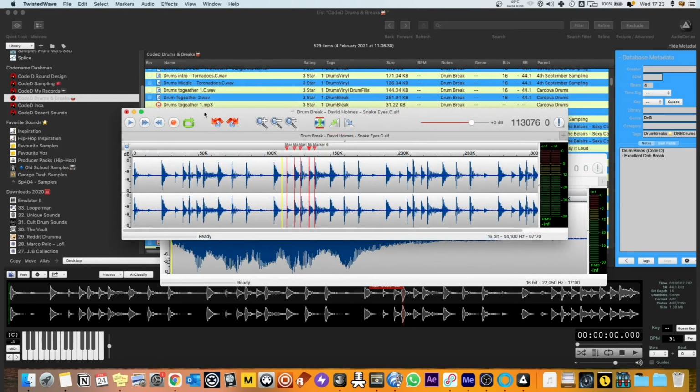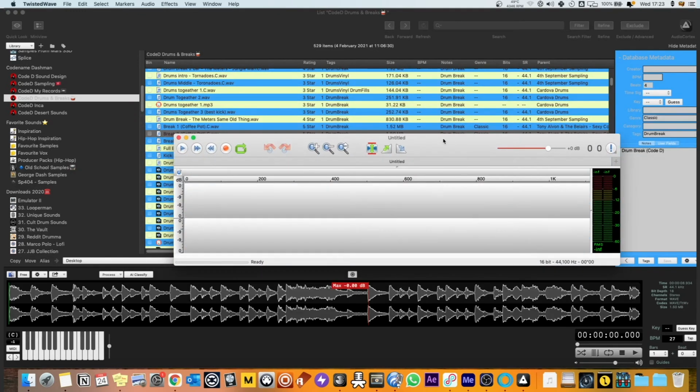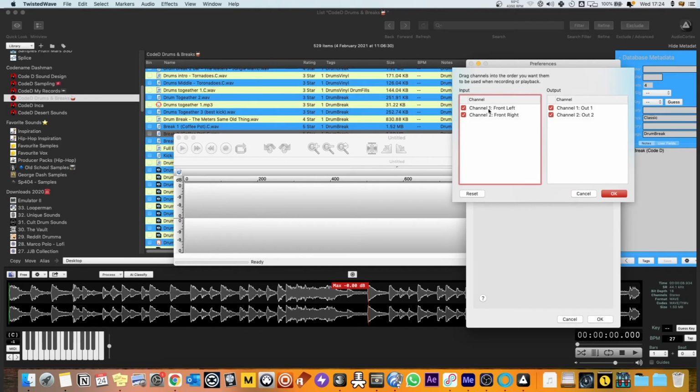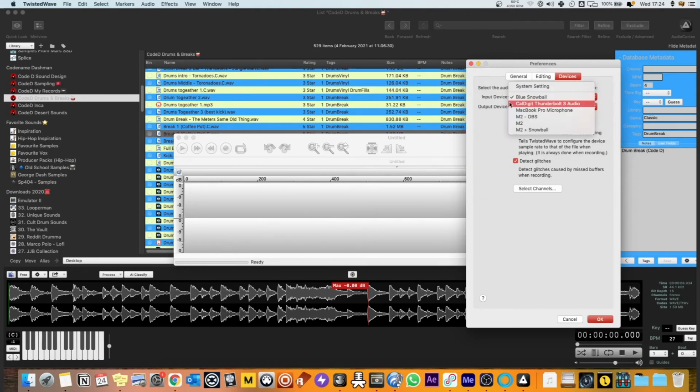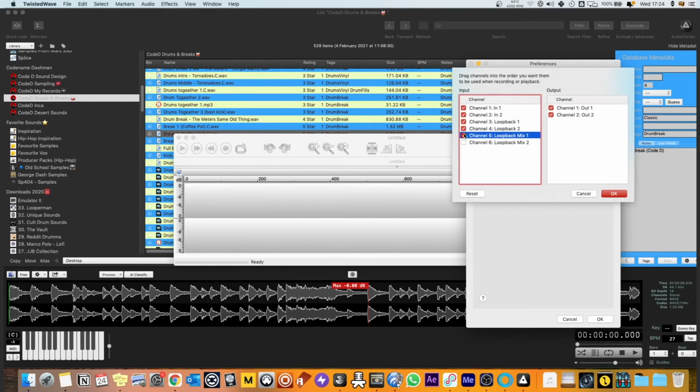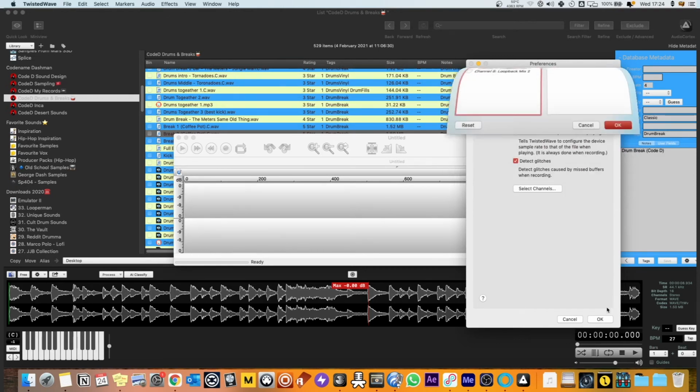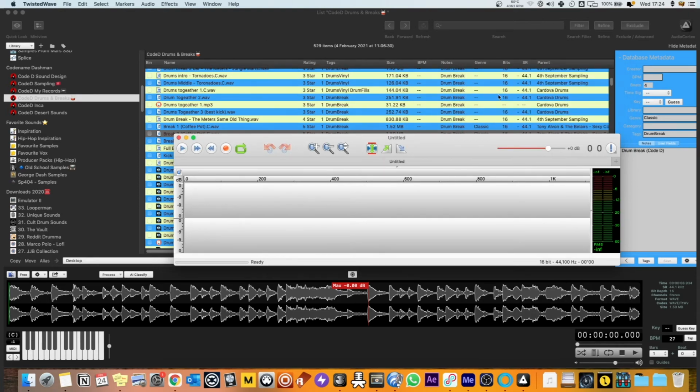You can use Twisted Wave to record whichever input you set. Now I kind of combine this recording function with the really handy feature of my audio interface, which allows me to do loopback recording. So if I go and set my input to be my interface, and then I can select the channels I want to go in, and it has these two loopback channels, which basically means it's recording your system output. It's recording anything that goes through